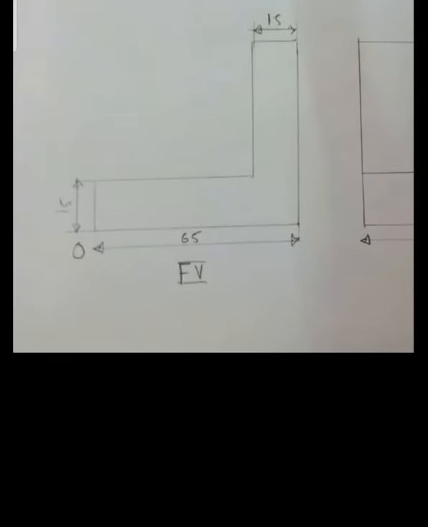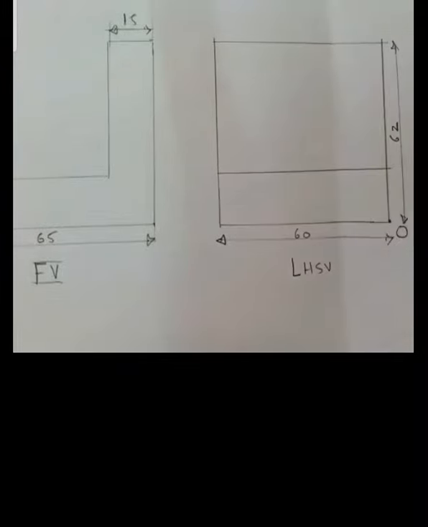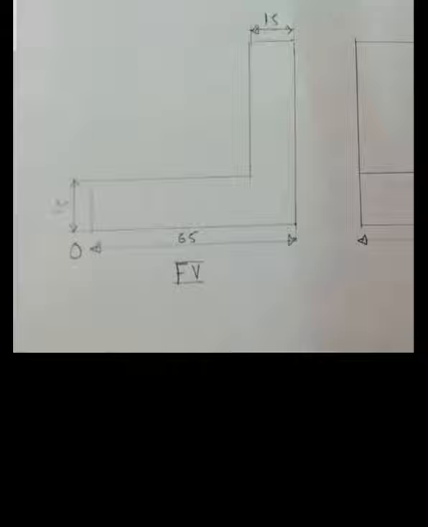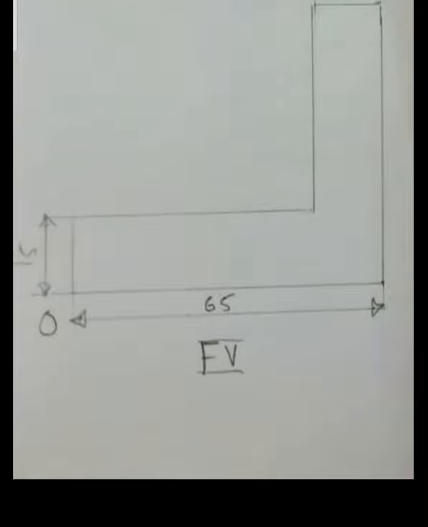In this diagram, what is given here? The front view of the object is given, and the left hand side view of the object is given, drawn on the right side. Now, by seeing the diagram, you can find out the length of the object. The length of the object is 65 mm, because length always appears in the front view of the object. It is a very important step to find out the dimensions of the particular 3D object. So length is 65 mm.